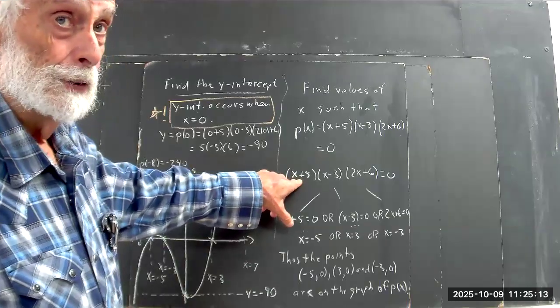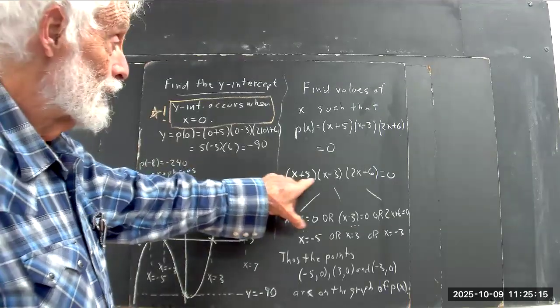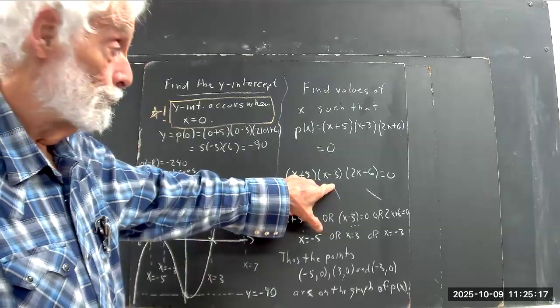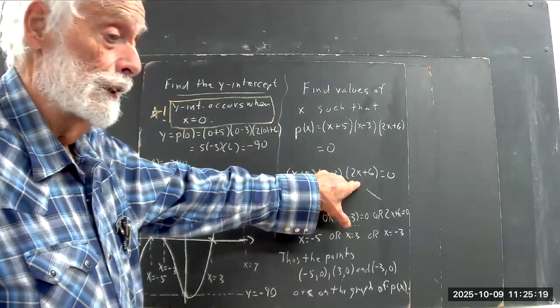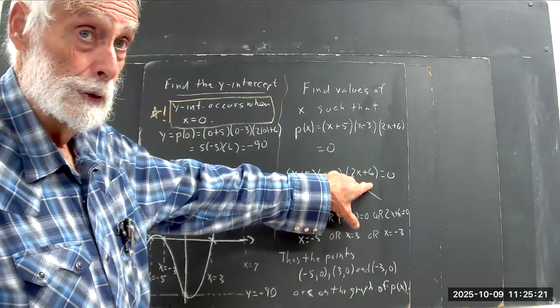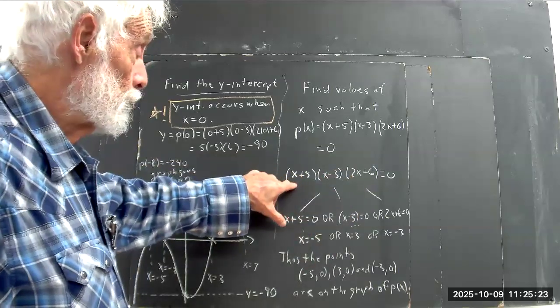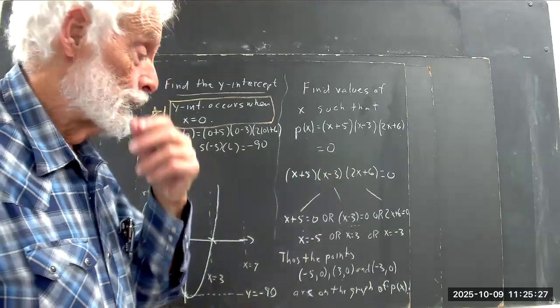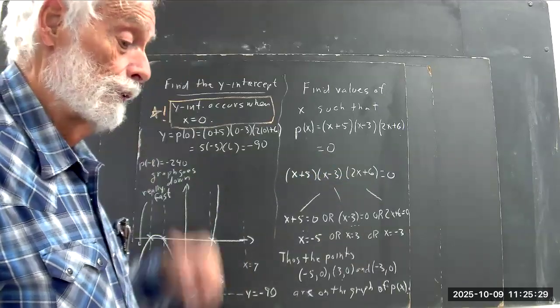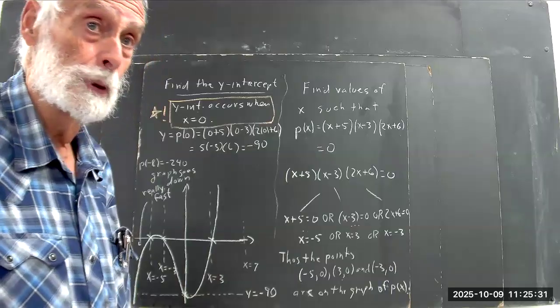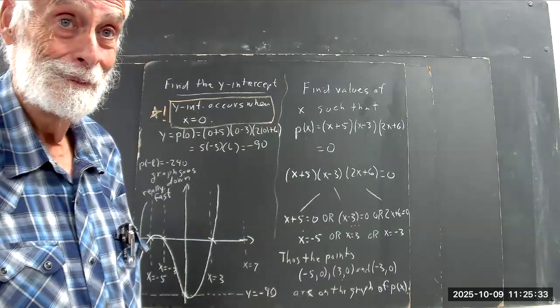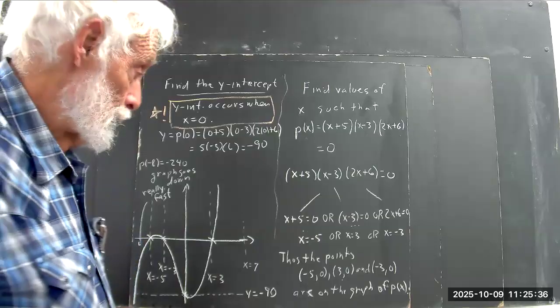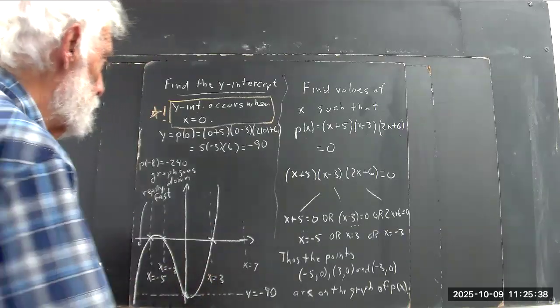You get 7 plus 5 is 12, right? 7 minus 3 is 4. 2 times 7 is 14, and add 6, you get 20. So you have 12 times 4 times 20. Well, 12 times 4 is 48, and 48 times 20 is 960. So the x equals 7 point